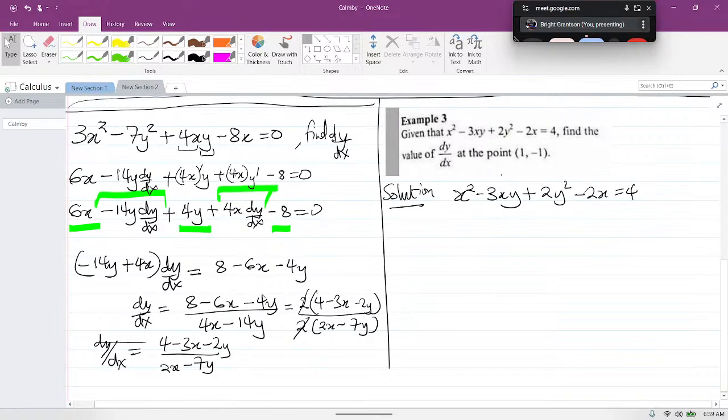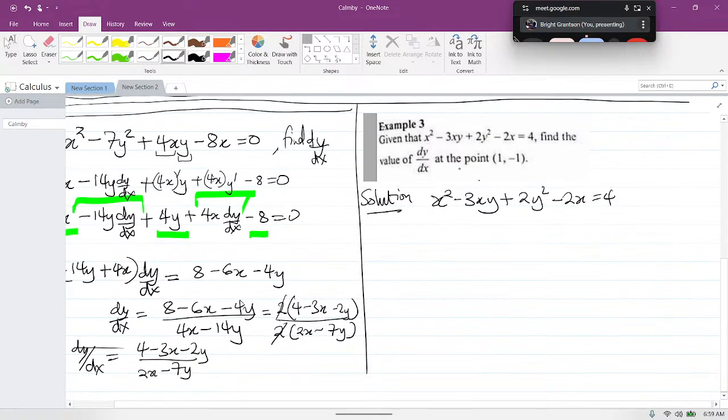Find the value of dy/dx at this point. Meaning when you find dy/dx, then x becomes 1, y becomes negative 1. So now let's differentiate this one. What do you get? 2x minus